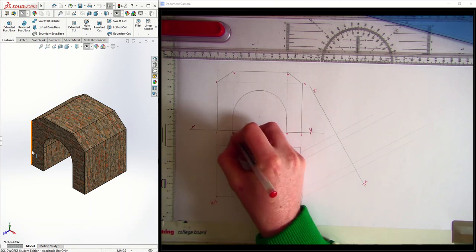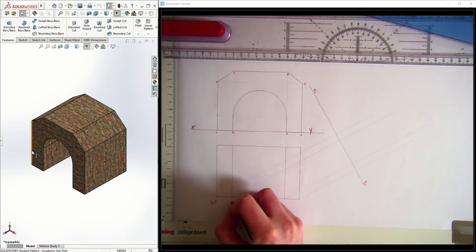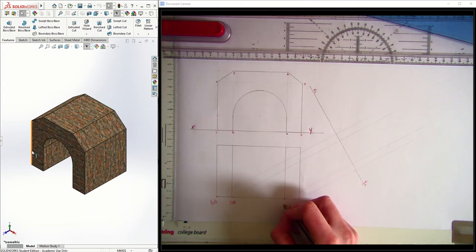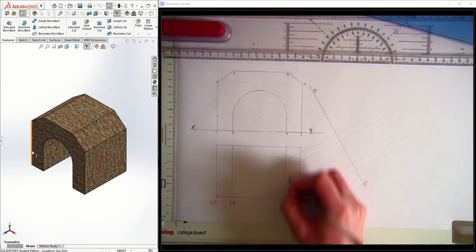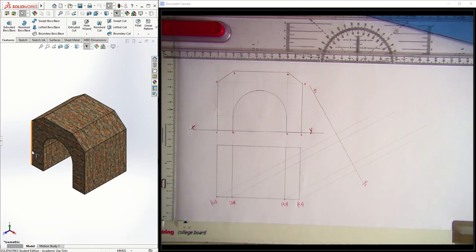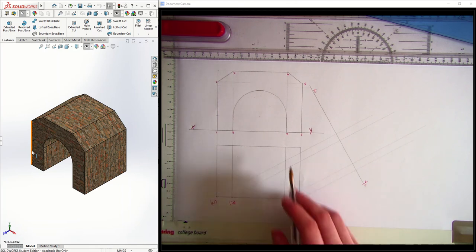This here is going to be 3 and 8. So this is going to be points 3 and 8. This is going to be points 4 and 7. And this is going to be points 5 and 6. Okay. Now,